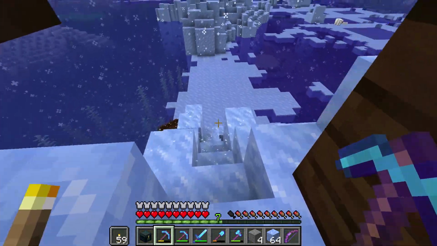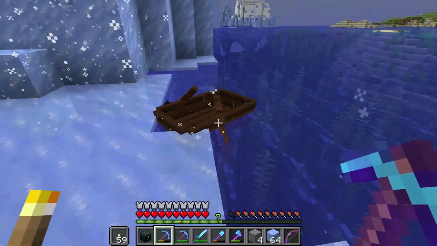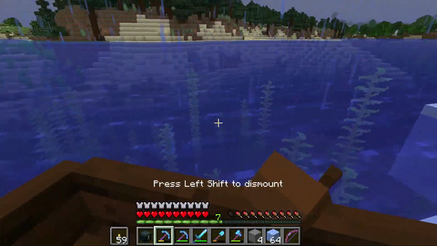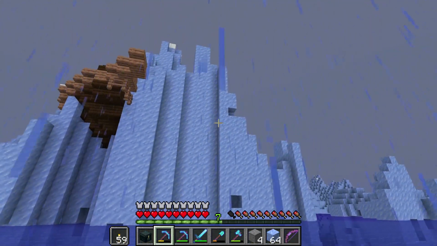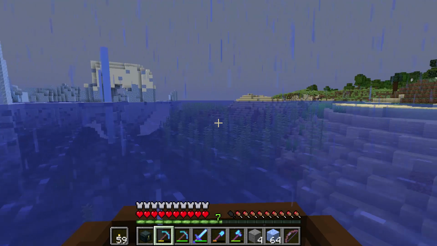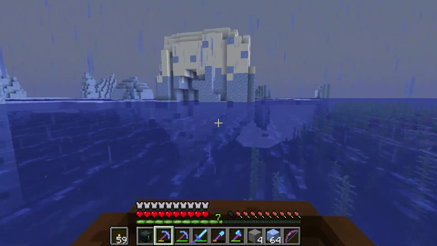But honestly, it's a pretty cool world generation here, because it could happen. I guess a shipwreck could occur and get stuck in an iceberg. But I mean, that looks super cool. I'm gonna keep searching for some Endermen and other cool stuff that we might need, and I'll